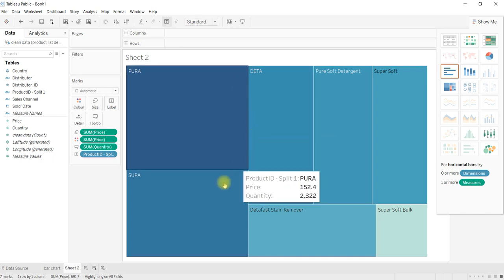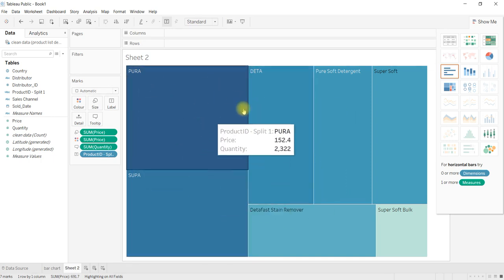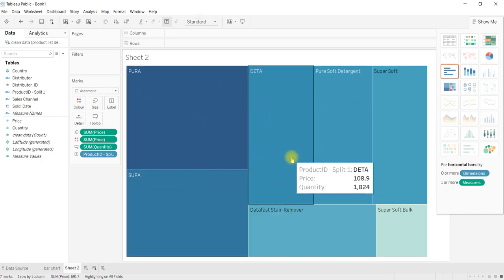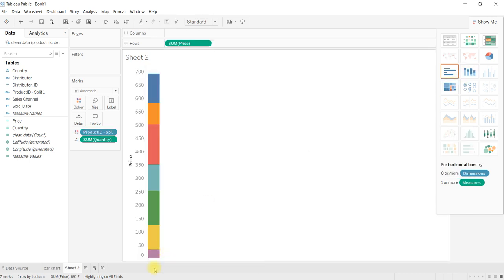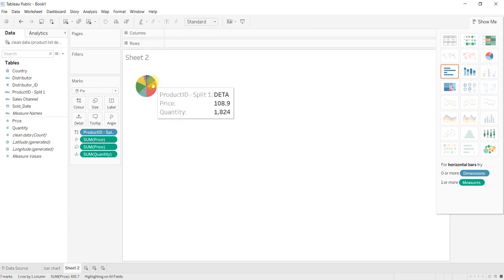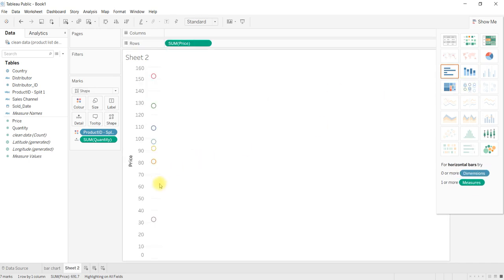Like this you can use other things also to get it done. If you have selected this particular chart, how will it look? One above the other. If you selected a pie chart, it will look like this. If you selected this bubble chart, bubble wise it will be shown. Different colors are shown in a bubble.